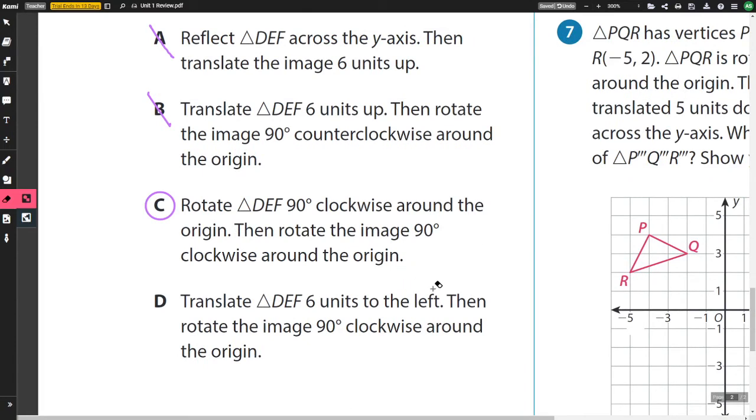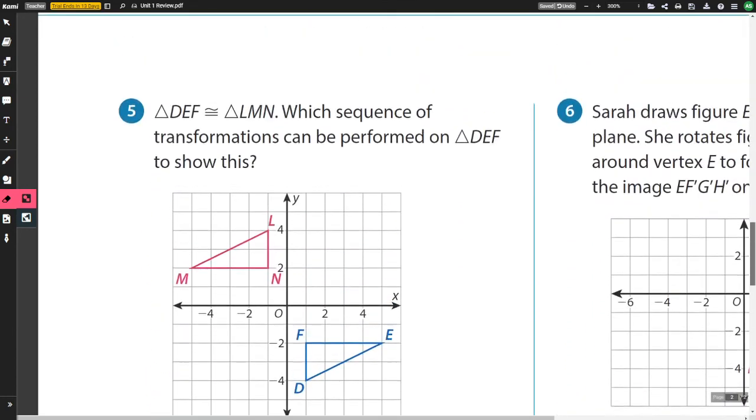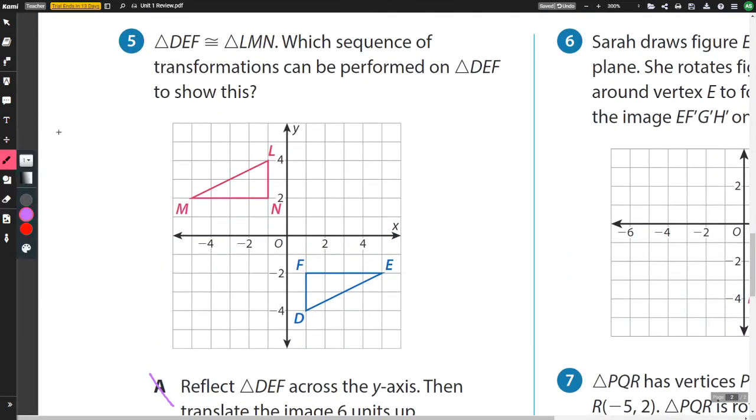Translate 6 to the left, then rotate clockwise. Okay, 6 to the left. 1, 2, 3, 4, 5, 6. Okay, next we rotate it